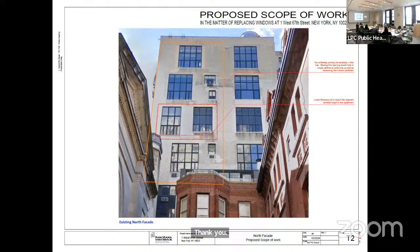I recommend approval, finding that the proposed work will not alter or eliminate any significant architectural features, that dropping the sill of the window opening to match the adjacent altered condition, which has been present for at least 30 years, will not detract from a uniform fenestration pattern at the secondary facade, that the removal of the historic steel studio windows is warranted by its deteriorated condition, and that the proposed steel windows will match or approximate the original